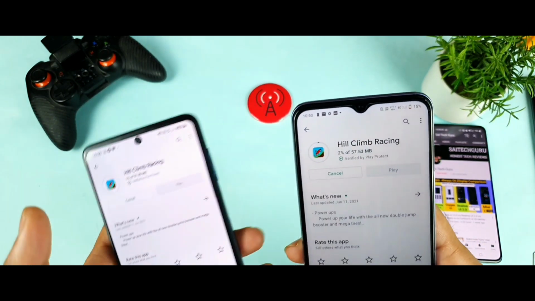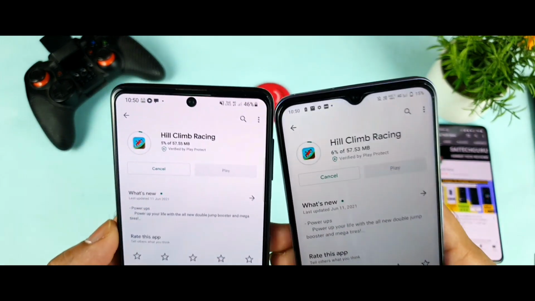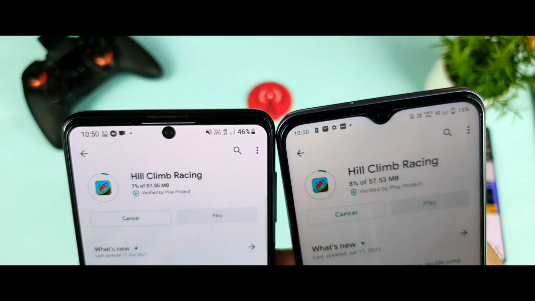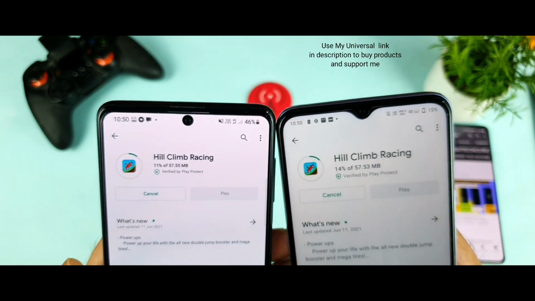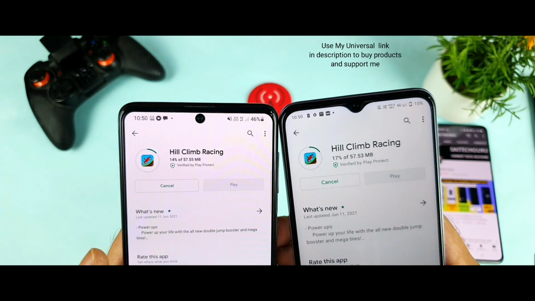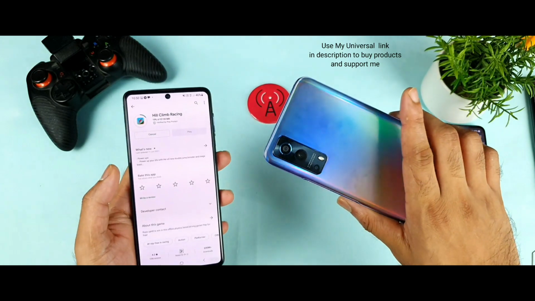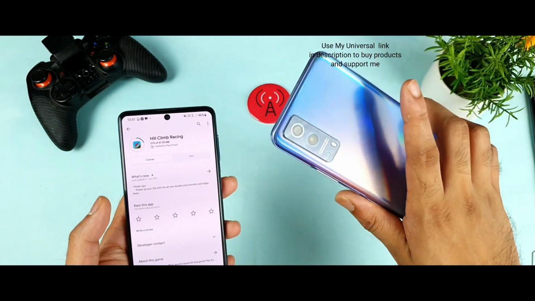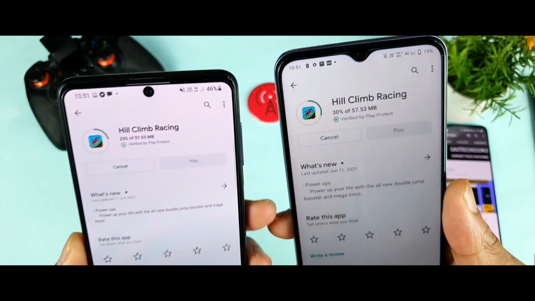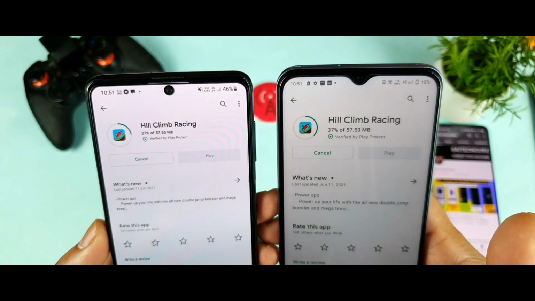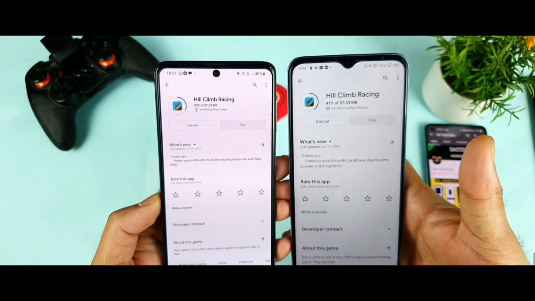As you can see friends, in the Samsung and in the iQOO Z3, let me slightly increase the brightness. Yes, now you'll be able to see the difference. Both phones are downloading really close to each other. They are using the same 1800 band, and I'm using the same Jio SIM at this location. You can see that clearly. The iQOO Z3 has slightly faster 4G speeds, but there is no 4G plus aggregation in this phone in this indoor location friend. That is another disadvantage. So you can see the speeds as well, how much difference we can expect between both phones in this download test.